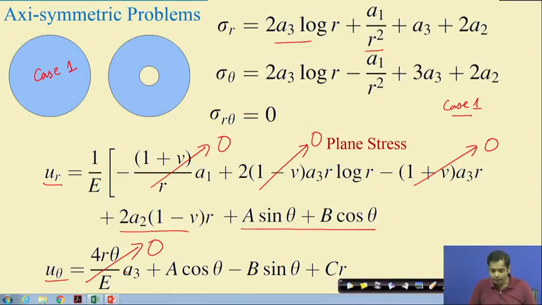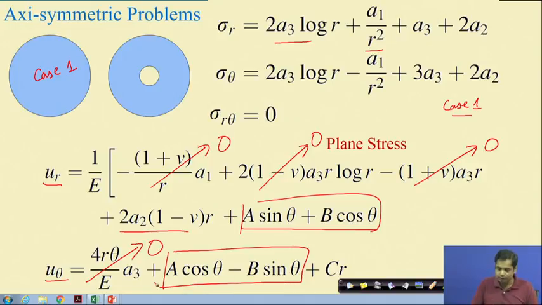Now, if we substitute some boundary conditions, we can also show that this term will also be 0. The constant term, this bar A and B, will also be 0. We can choose the boundary condition accordingly. So, the strain component only has this term, the displacement component only has this term, and the displacement component only has this term. There is no theta term here. That is for case 1. Now, what happens for case 2?